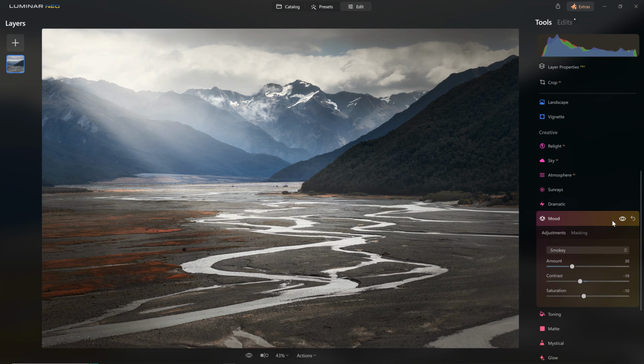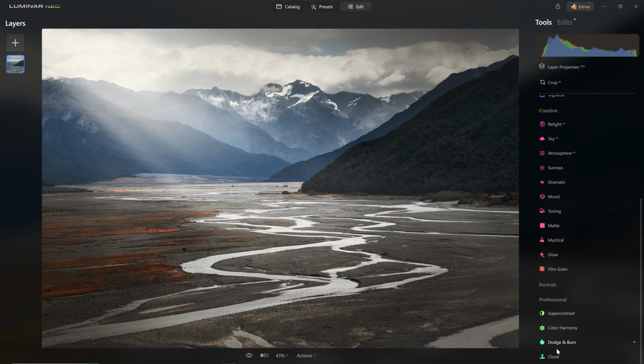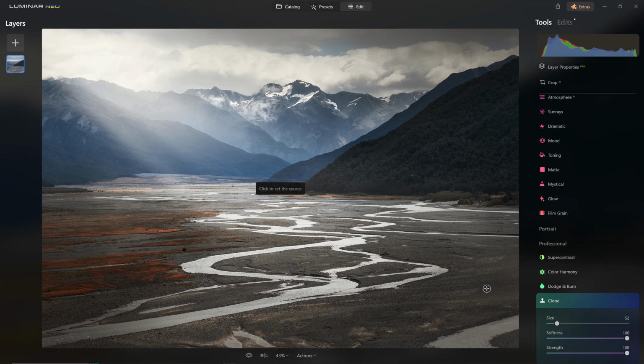So before and after. As I glance my eye around the frame of the photo, there are still a couple of things that really draw my attention that I wish they didn't. And one of them is this little bit of stream in the bottom right corner. I find it really visually distracting, and I think that if we get rid of it, our eye will focus much more on the stream meandering through the center of the frame. And even this little bit in the foreground here, I find it just holds your eye down at the bottom of the photo. So let's come in, grab the clone tool for one last time,